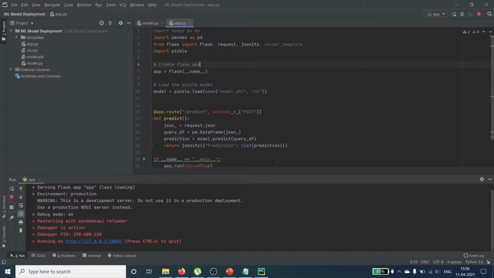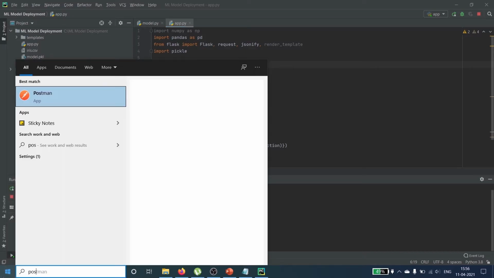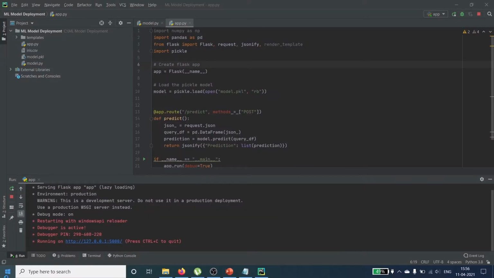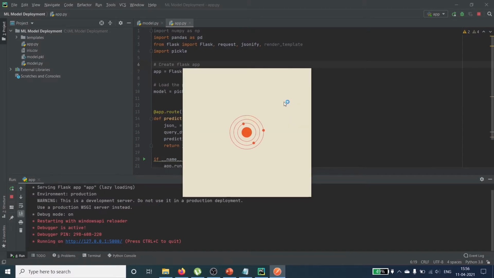We will test our model using Postman. In Postman, we will pass the values of all the independent variables and then we will get the prediction. Let's open Postman. In Windows, I will type Postman here. This is loading now.